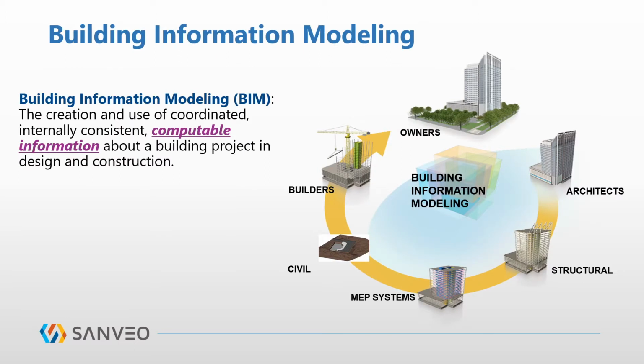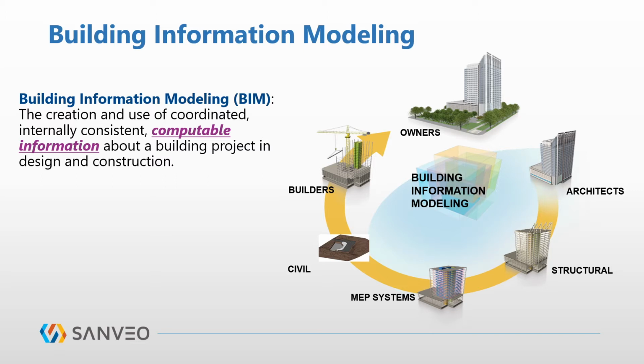So now that we understand what BIM is not, here is a textbook definition for BIM. This is one of the first definitions that I ever saw about BIM. I originally saw this definition over 15 years ago. I know that there are many definitions out there, but this definition makes sense to me, so let's just read it. Building Information Modeling, or BIM, is the creation and use of coordinated, internally consistent, computable information about a project